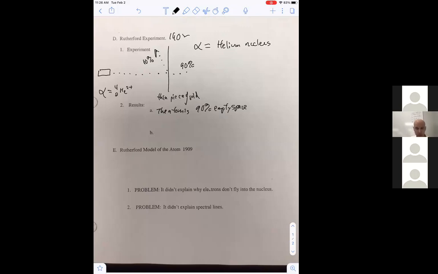Because 90% of the alpha particles went straight through. So because the alpha particles have a positive charge, he assumed that what was in the center of the atom had a positive charge, and that the electrons went around the atom,